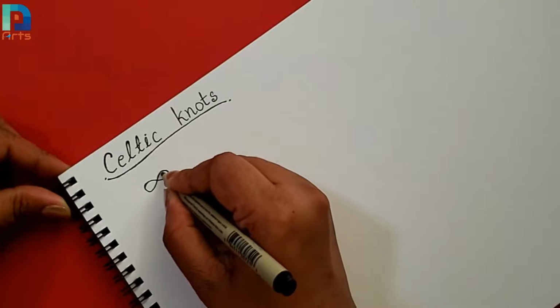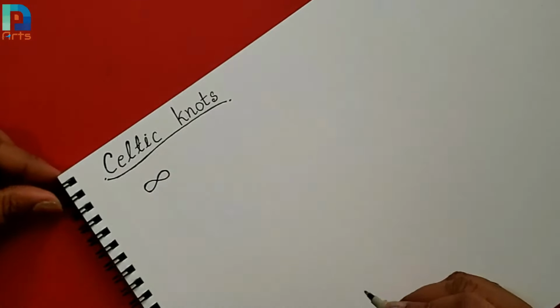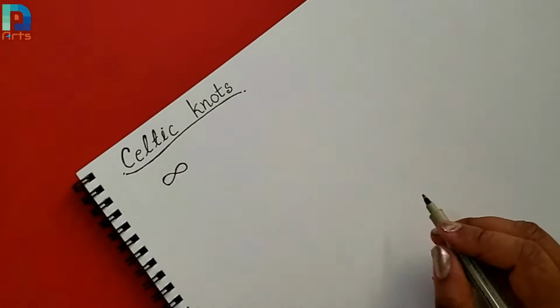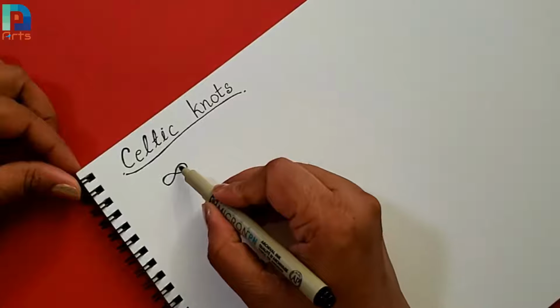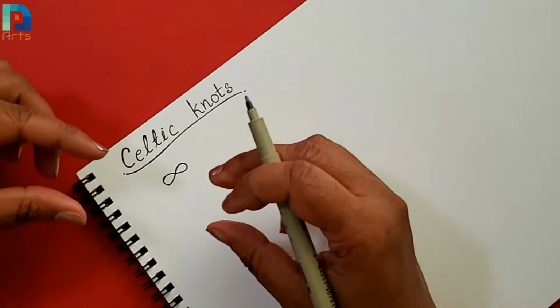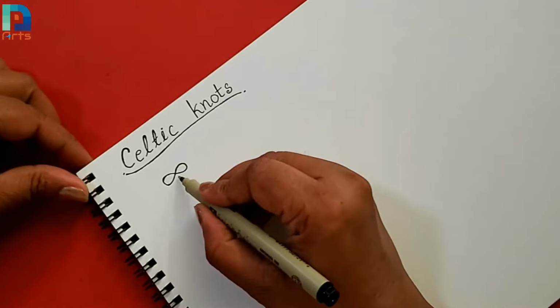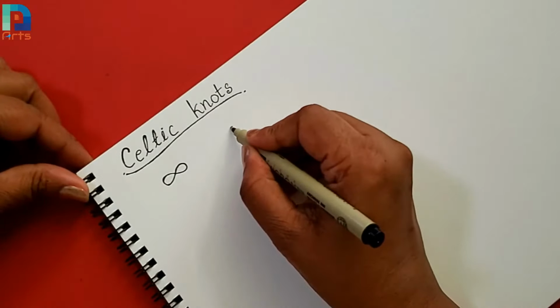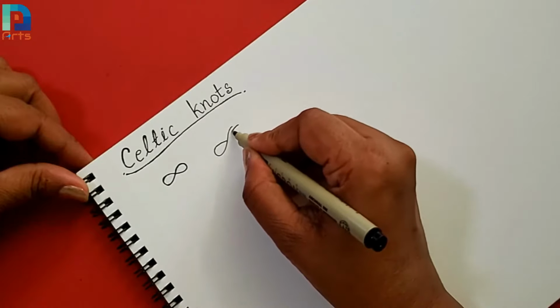That's why this symbol is the infinity symbol. So this is the very basic symbol. But when we talk about the knots, these threads go into a pipe, or they are a thick rope. So to draw this infinity symbol, we just draw them in two lines like this,